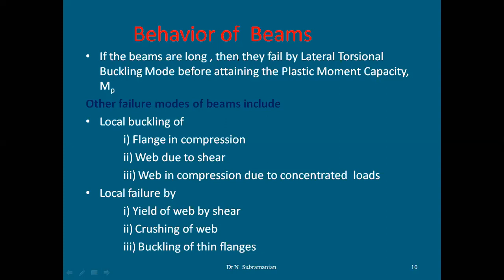But in long beams, what happens? The beam will fail under lateral torsional buckling before attaining its plastic moment capacity or forming its plastic hinge. Why? Because of long beams, see, simple concept. When you want to make a beam of long span, what are you going to increase? When you increase the span of the beam, you are going to increase the depth, isn't it? Because your bending strength increases based on the depth. When you increase the depth of your beam, it increases its bending strength. Yes or no? So when the span increases, you have to increase the depth of the beam to increase its bending strength.